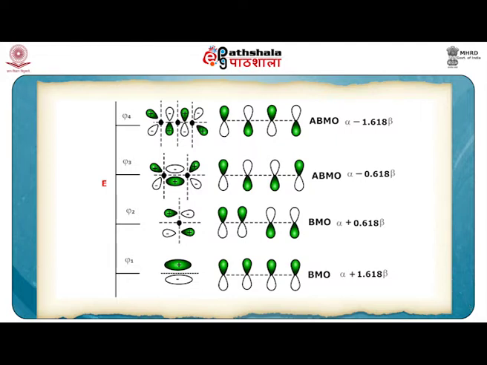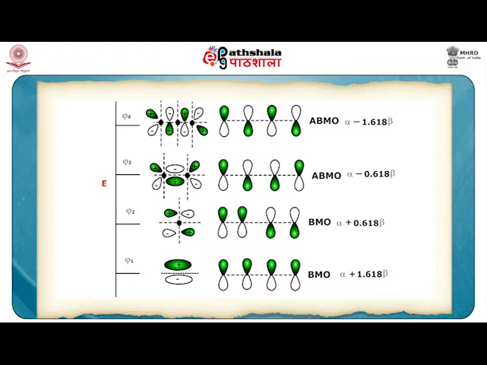But when we go from 2 to 3, the positive lobe still remains down and the negative lobe remains up. So there is no node between 2 and 3. But again, when we go from carbon atom 3 to carbon atom 4, on carbon atom 4 the positive lobe comes up and the negative lobe comes down. So again there is a node between carbon atom 3 and carbon atom 4. And this you can very well see in the corresponding diagrams. These big dots basically represent the corresponding nodes.